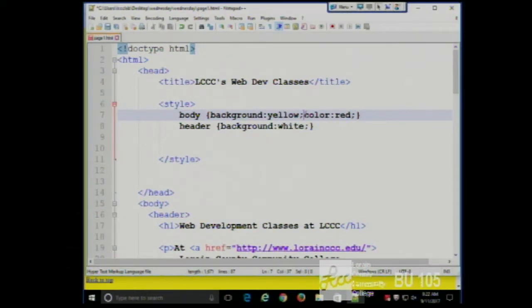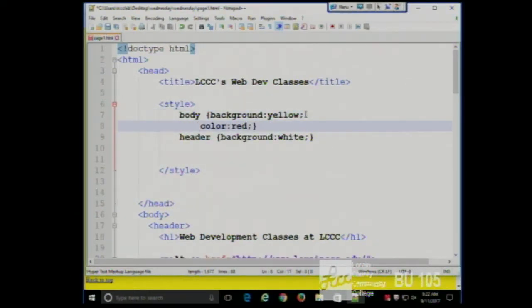Sometimes people find it easier to do this with their CSS. All right? That way they can see that this is one attribute and value, this is the next attribute and value, and so on down the line. CSS is kind of like HTML, like you can format it the way that you think is easier to read. So if I do that